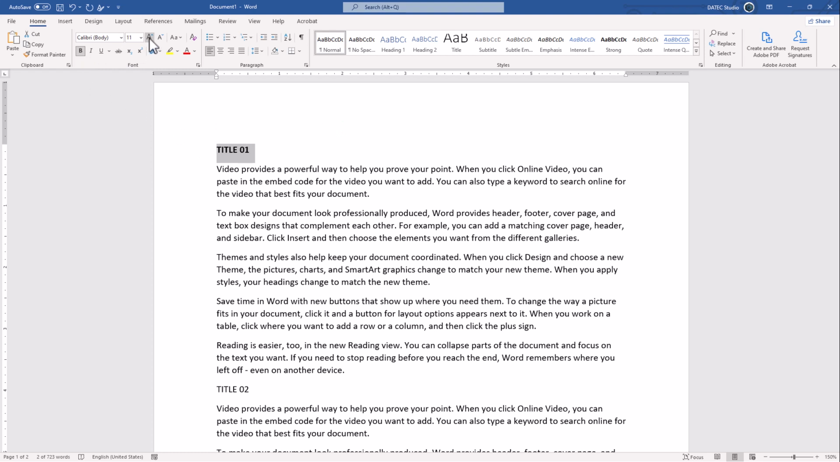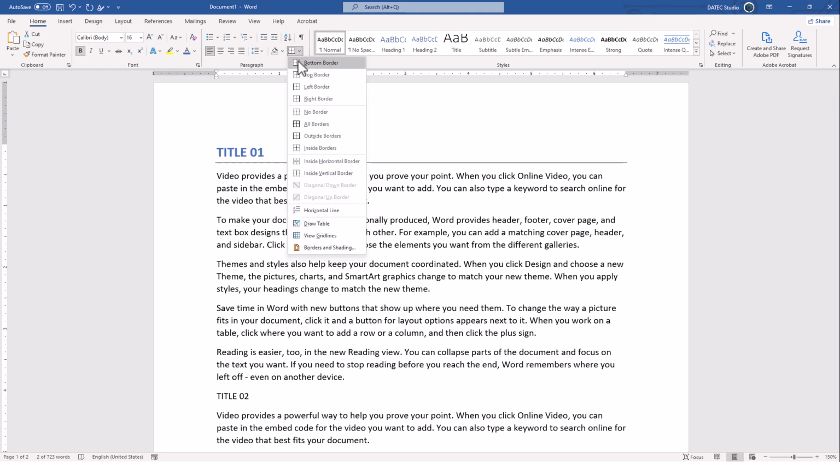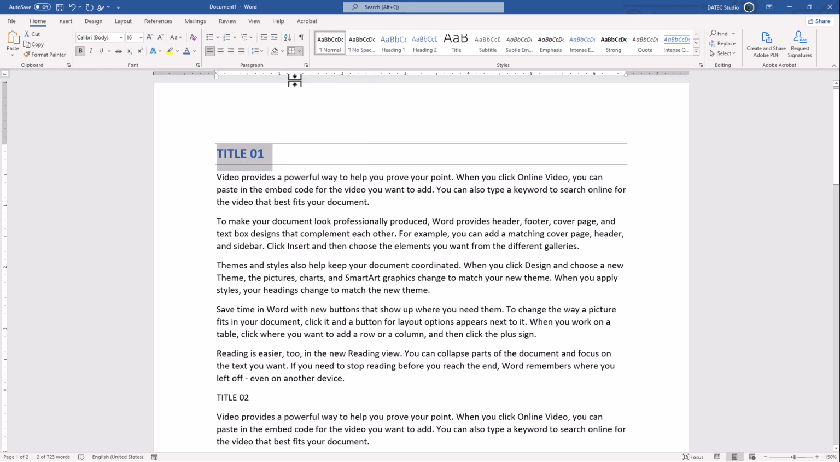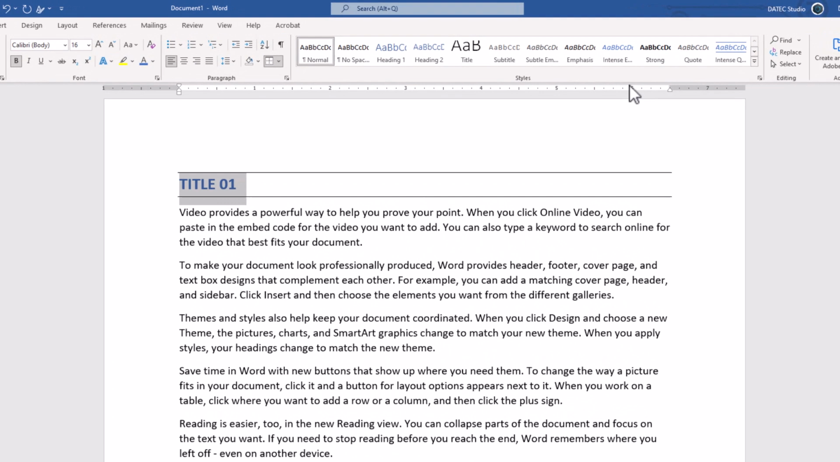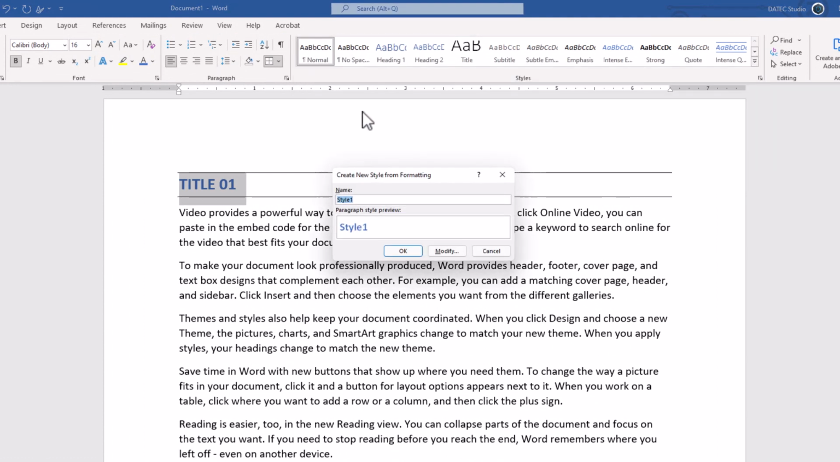make it bold, maybe larger, and blue color. I could even assign a border, bottom and top. And note that this is for the paragraph, not only for the font. And now I could create my first version. Click on this arrow here, create a style. I give it a name, H1, as Header 1,